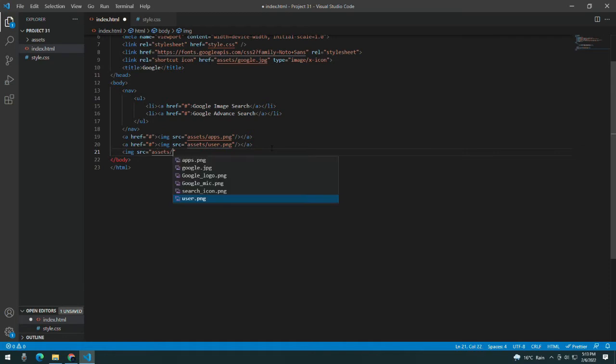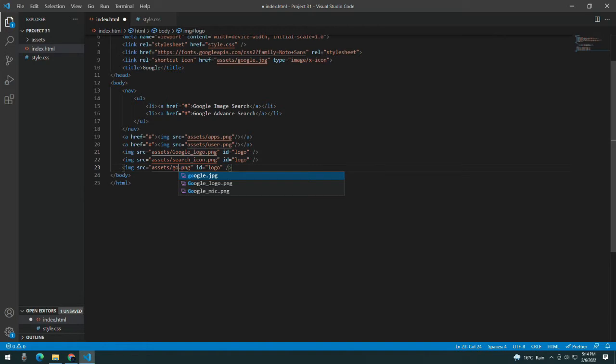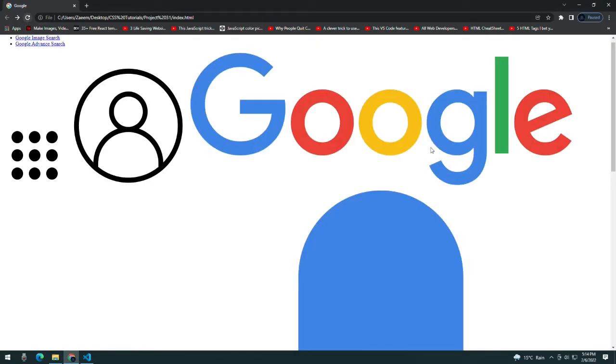Now taking another image, the Google logo basically, and giving it an ID of logo. Now let's copy it again. I need another image, which will be the mic. I'm pasting it 3 times. Now the search icon, and the last one will be the mic icon. And changing the ID to mic and changing the other ID to search icon. Now I will also add an anchor tag with an ID of apps and another with an ID of user. Now I have got all my images,